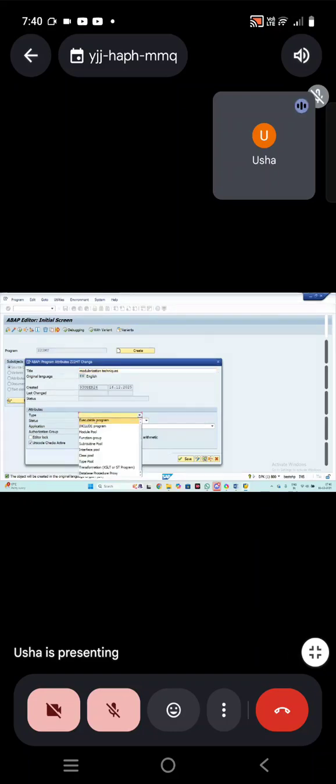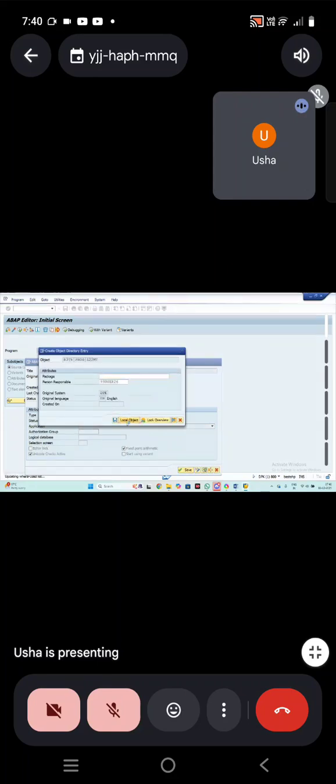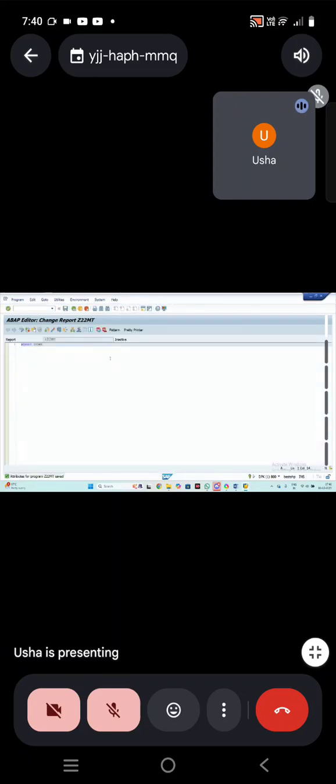Modularization techniques. I'm creating an executable program. I'm not showing any include program and all. Normal program only. First I want to show you one program, then we'll go for the modularization technique. For that, write